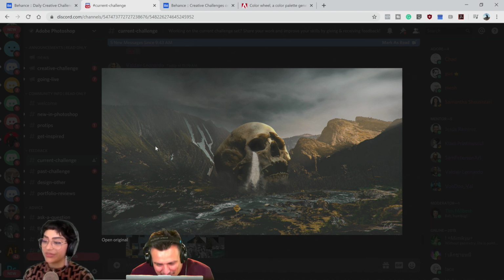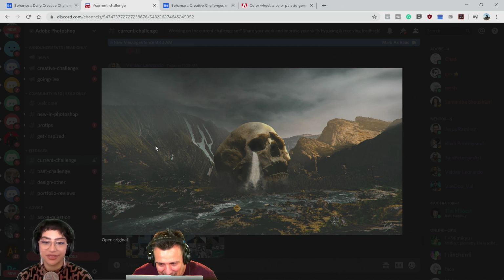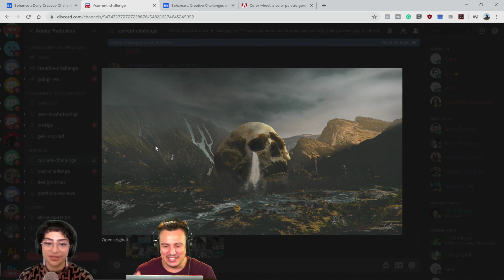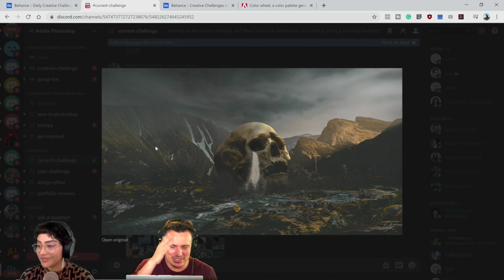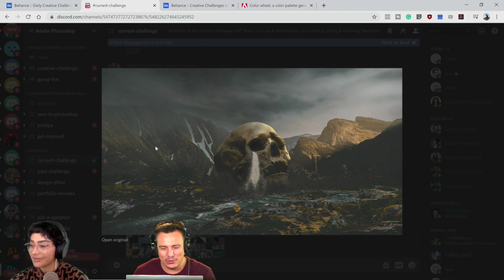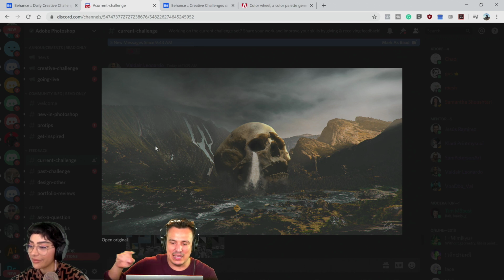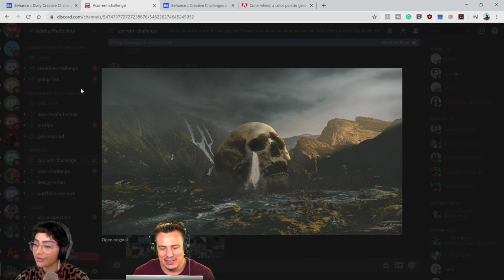That's really awesome. And actually, now that you pointed that out, I would change the shadow so that it matches the scene, because now the shadow's going towards the skull a little bit. Not towards the skull, it's going to the left of the skull, but you can see the light source is hitting the skull. It's coming from the top right, so then the shadow needs to go to the bottom left.